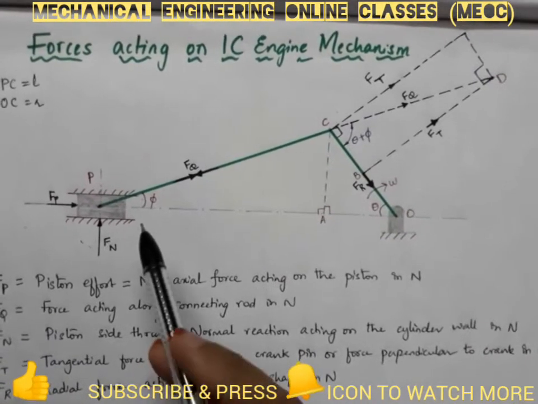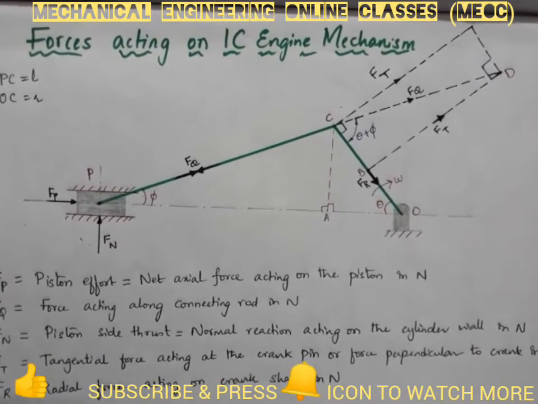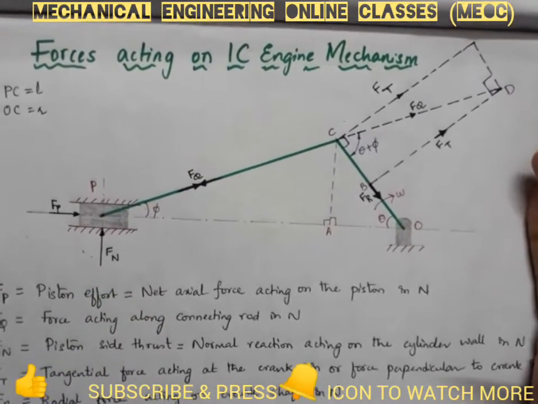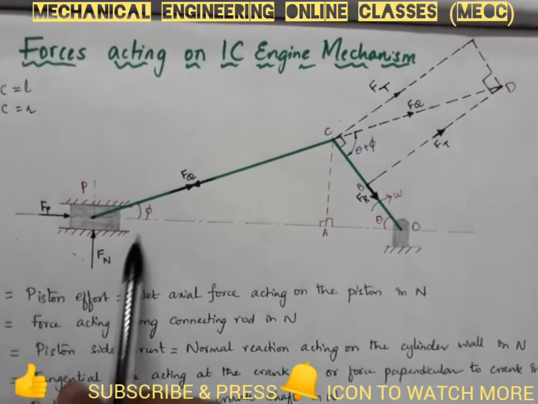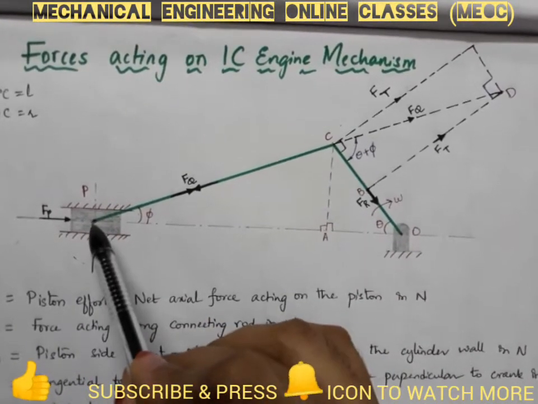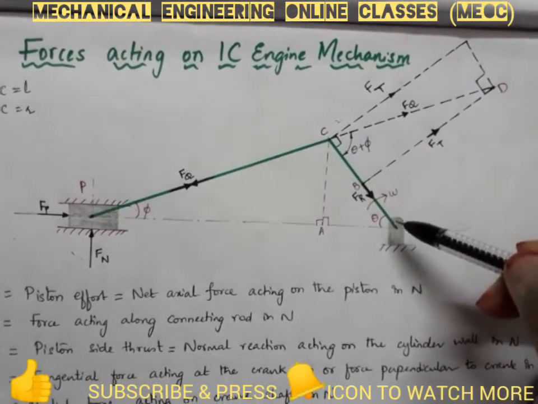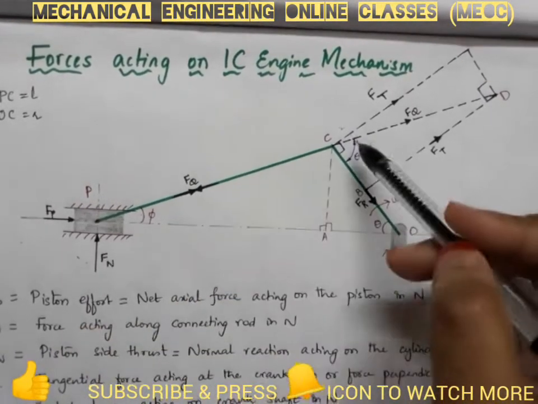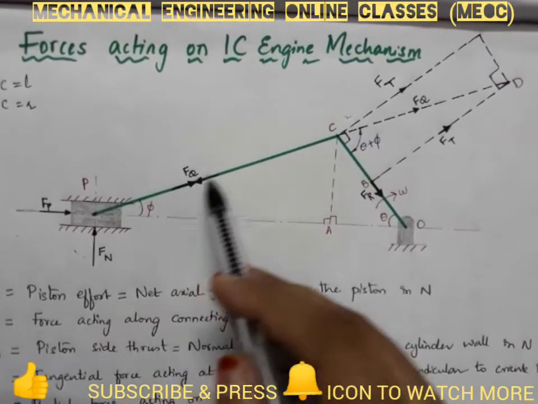Here, before we proceed any further to dynamic force analysis (DFA), we have to know one thing: all the forces acting on the mechanism are found and analyzed by taking free body diagrams of different points. This piston P, this end, the big end of the connecting rod C, and this point O. So all the FBDs are drawn at these particular locations, and when we are considering the mass or weight of the connecting rod,